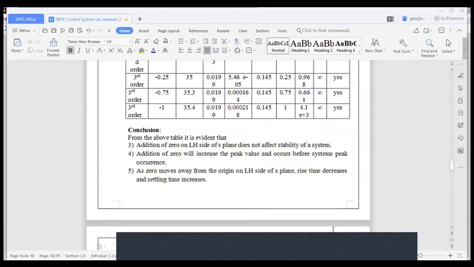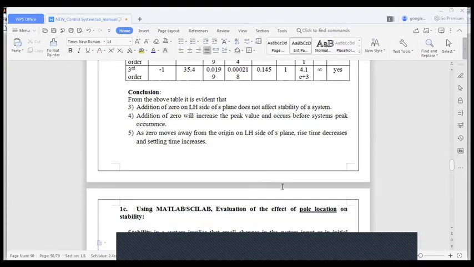See, this is simple, actually it's mechanical, only you have to check for so many cases. Next case, we have to study the effect on stability when you change the pole location. That is in your lab manual 1C.